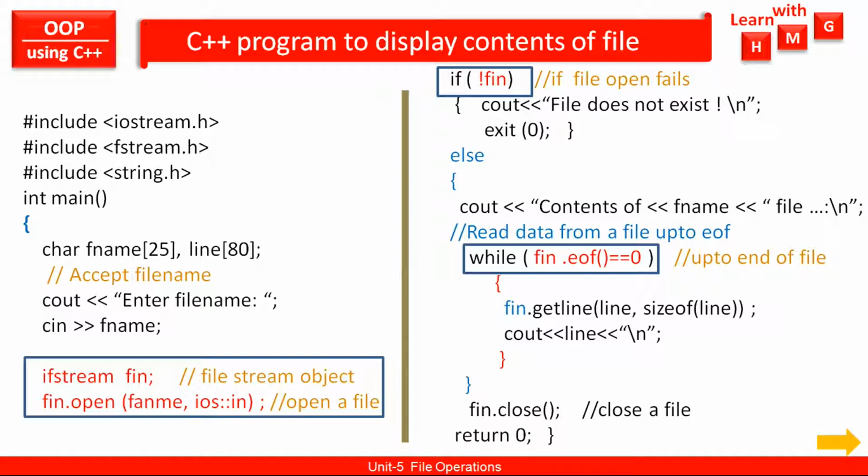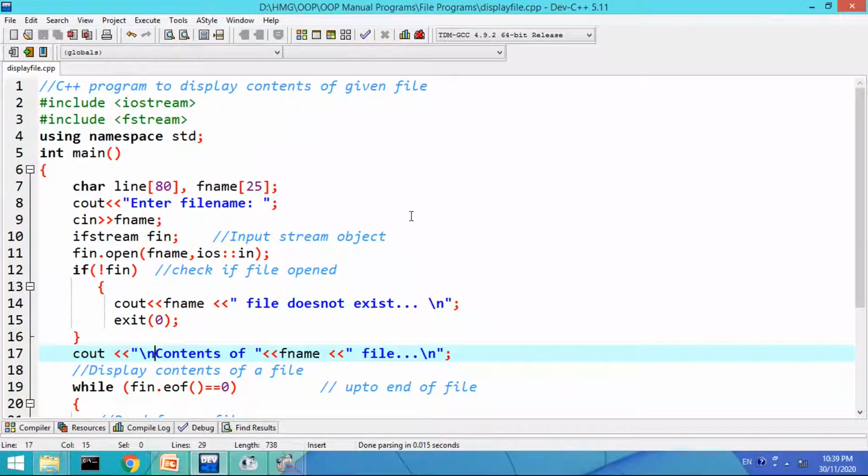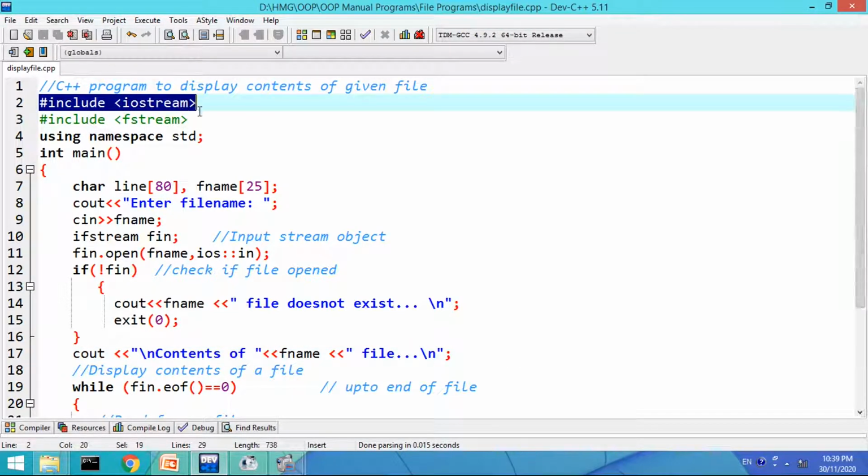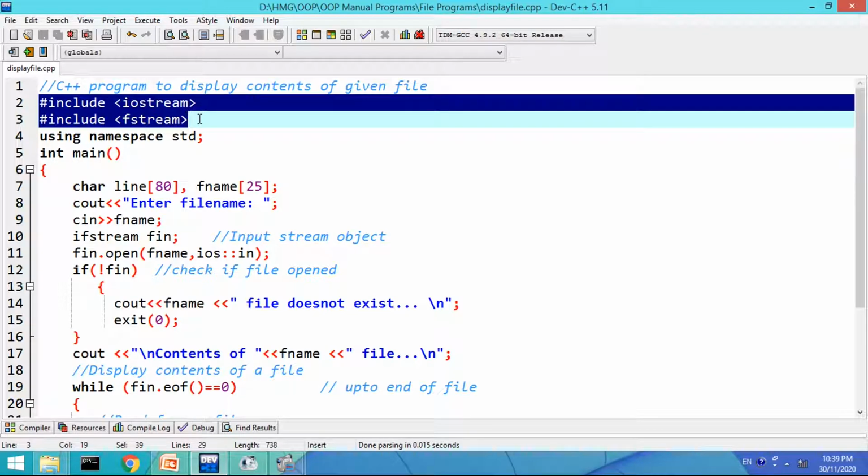So let us run this program using the Dev C++ compiler. This is the C++ program typed. The same program is typed here in the Dev C++ compiler. The files iostream and fstream are included using namespace std.